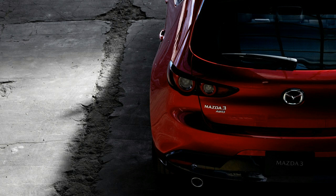The only standalone options are 3 premium paint colors: $200 for Snowflake White Pearl Mica, $300 for Machine Gray Metallic, and $595 for Soul Red Crystal. The 2019 Mazda 3 will go on